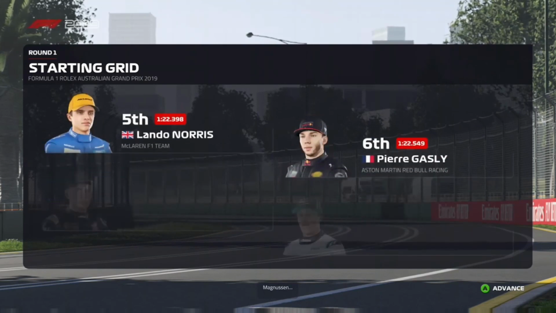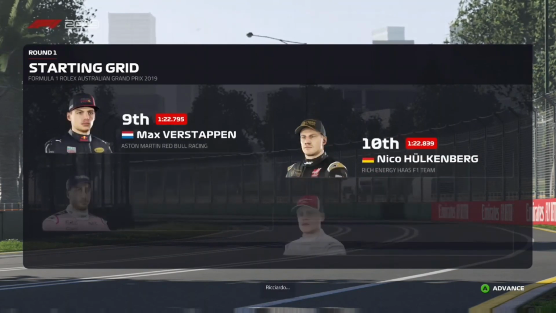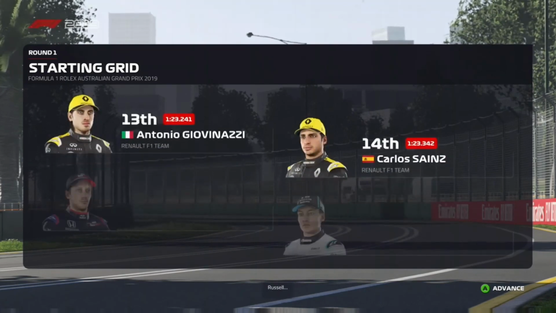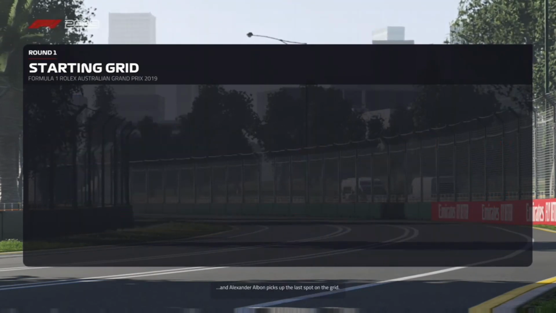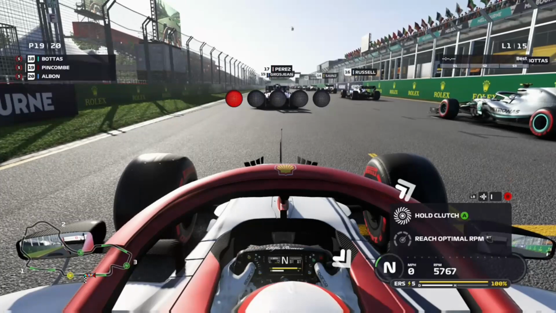Lando Norris ahead of Pierre Gasly, and you've got Kevin Magnussen up there for Haas, Daniil Kvyat, Max Verstappen, Nico Hülkenberg in 10th, Ricciardo and Lucas Weber, our teammate, in 12th. They've got both the Renaults on row 7, Grosjean in the Toro Rosso, George Russell, Valtteri Bottas getting a penalty, so he's got it all to do alongside Perez and myself. And then Alexander Albon rounding off the grid as we start this race,